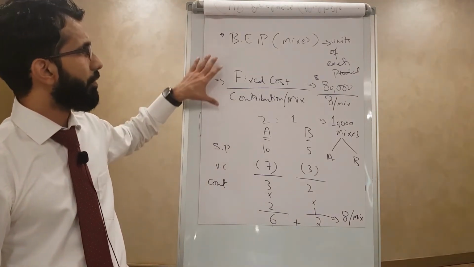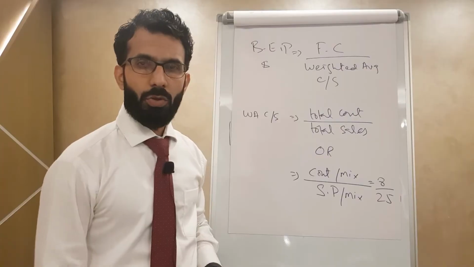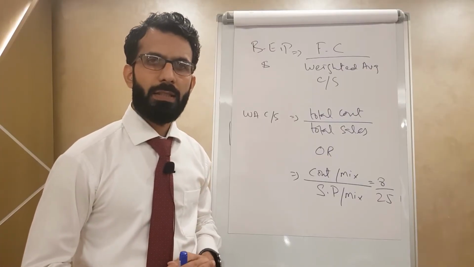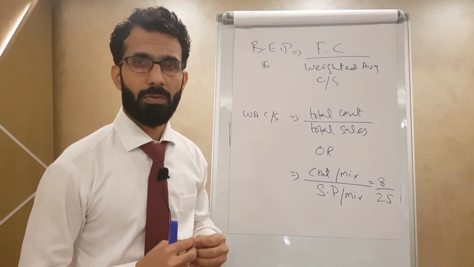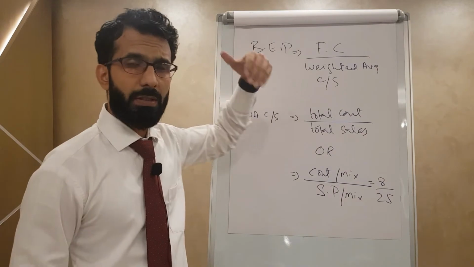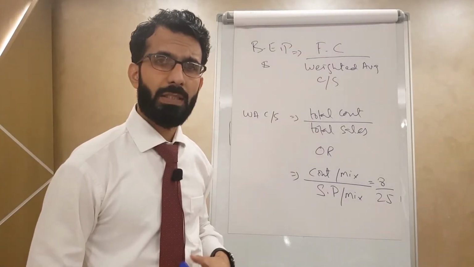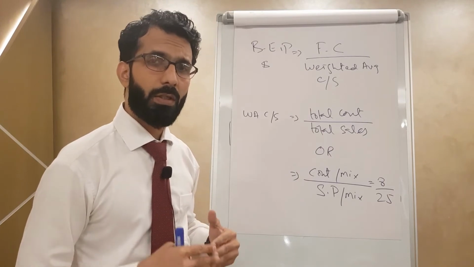So this is when you want to determine the break-even point in terms of units. So what if we have to calculate the break-even for multiple products in terms of amount or dollar? Then how can we do our calculation? As we discussed earlier, in break-even point we said fixed cost divided by CS ratio, but here, because multiple products are involved,